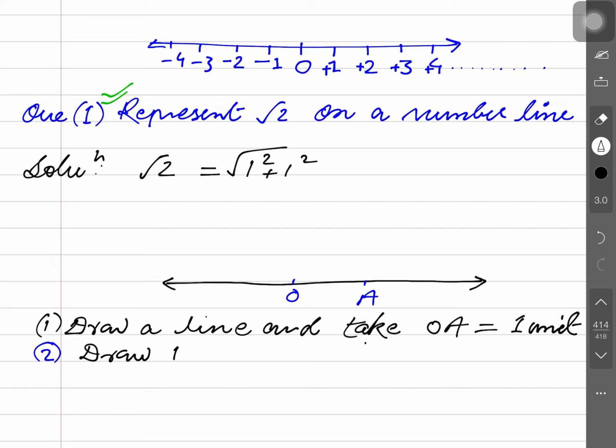I think this is how to draw a perpendicular. Where is the perpendicular to be drawn here? Here. So this is not a method of drawing a perpendicular geometrically; you will do this with the help of a compass. That's the compass, you know, right? How is it to be done?